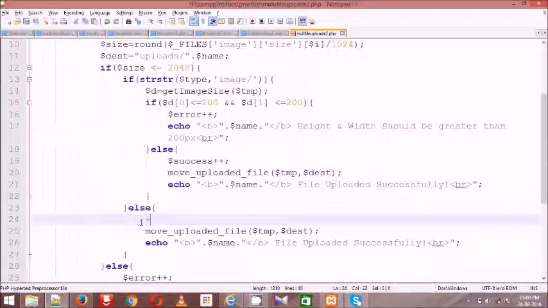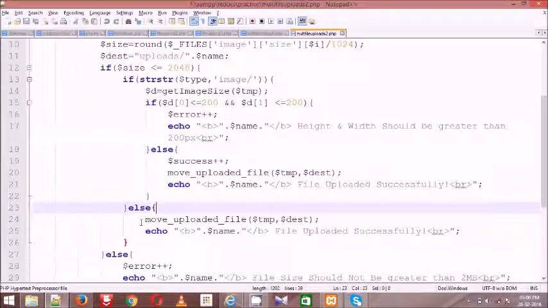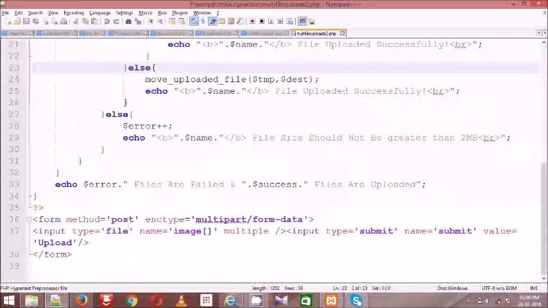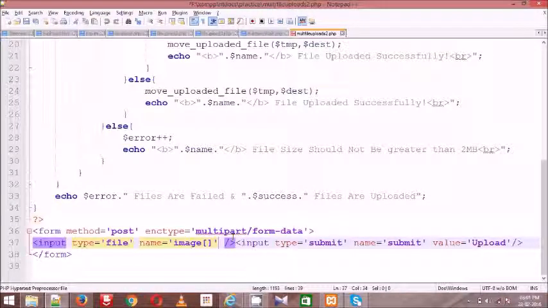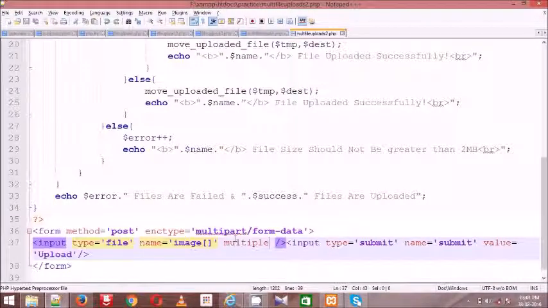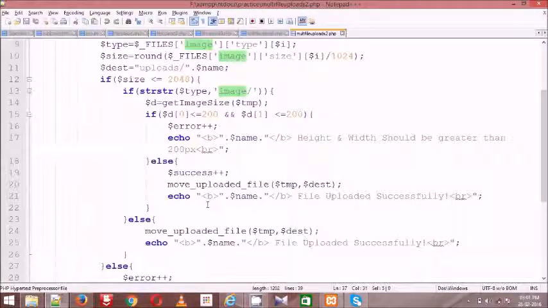Use the simple multiple file uploads using PHP. So we can upload multiple files in other cases also, like when the user adds attachments at the same time. There is no difference in our code here, the only difference is here. Here he has selected only one file, so simply remove the multiple and add more than one file here, right? And there is no issue in our code. Just here the same thing, and here just give the name the same and then upload the files.